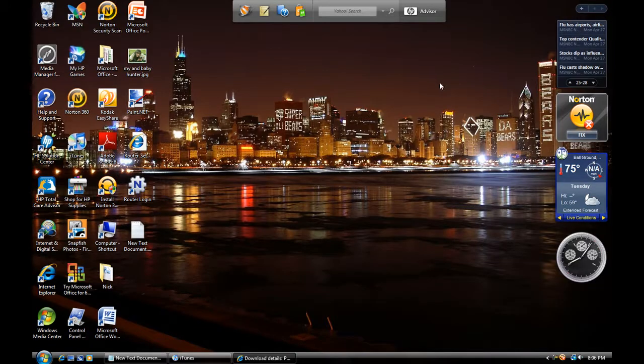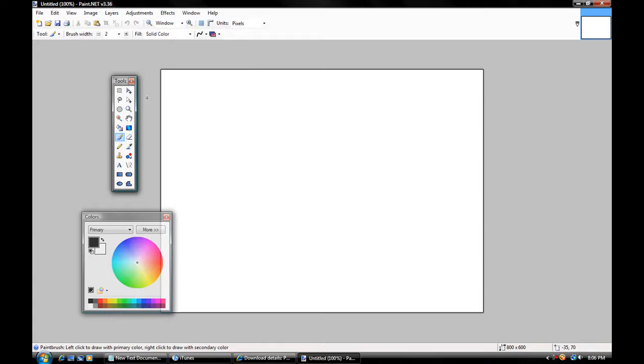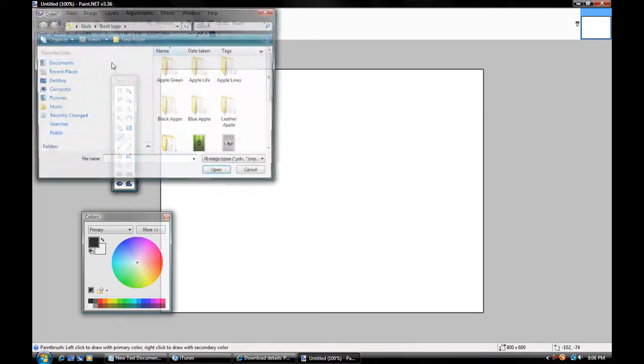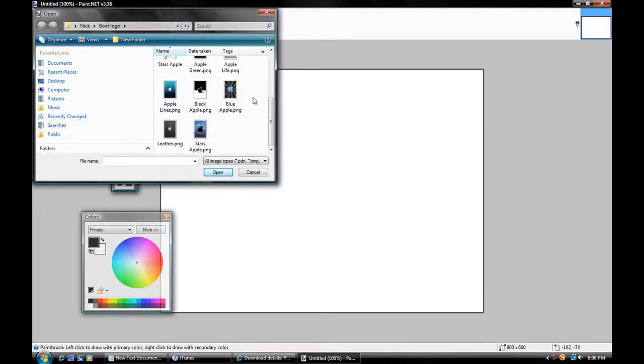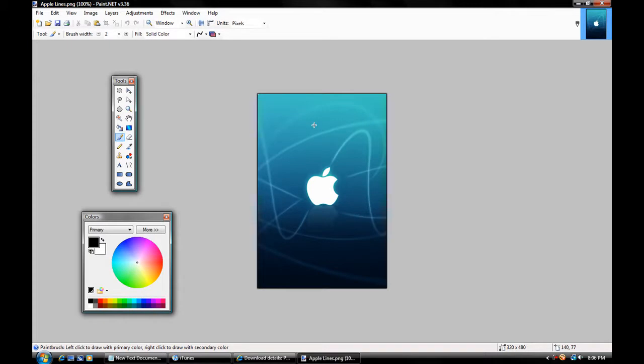Once that's done, first I'm going to show you how to create your own boot logo, which is really easy. Definitely if you already have a background with the ratio of 320 by 480. See, I already have all these pictures right here. This is 320 by 480, so I don't have to do anything to it, but I'm going to show you how to. If you have